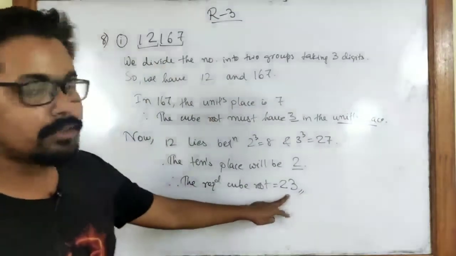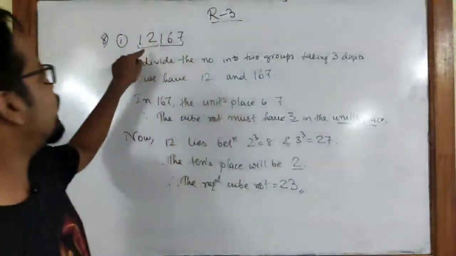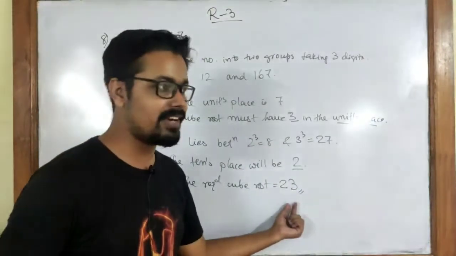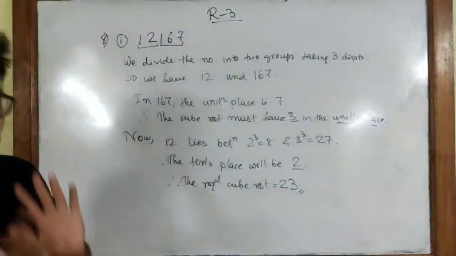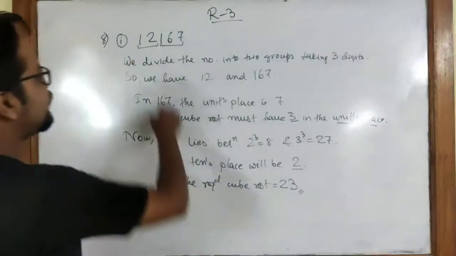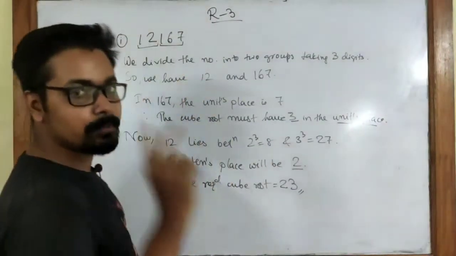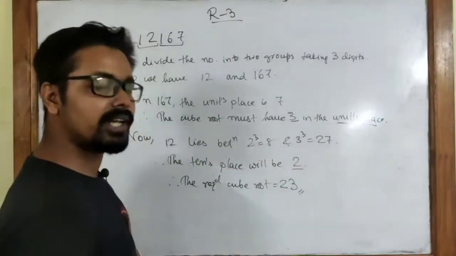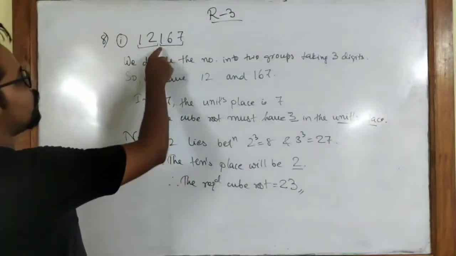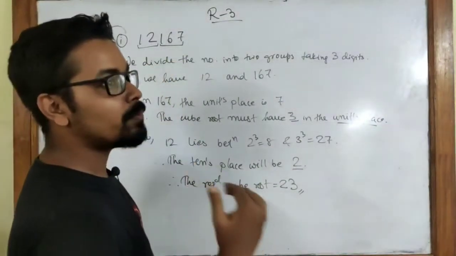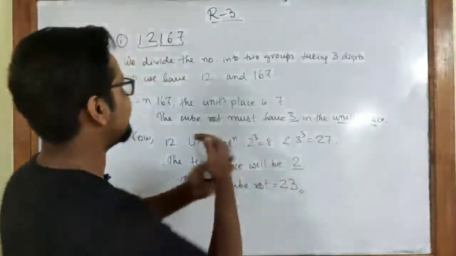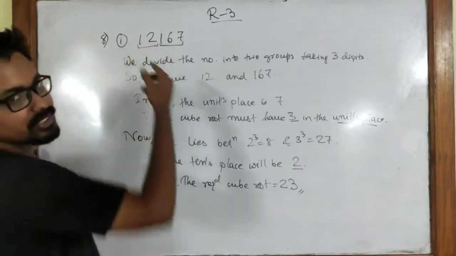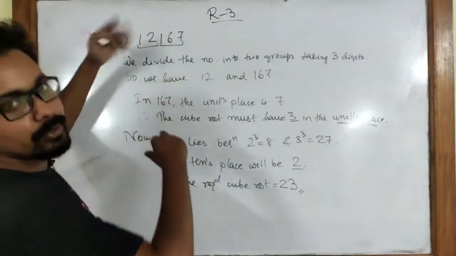Now if you find the cube of 23, you will get 12167. You can try it at home. So let me recap this. We take the number, we split the whole number into 2 or multiple groups. The numbers that you have will have only 2 groups. We start making the groups by counting 3 digits from the right side. From the right we take 3, then again we take 3. Since we don't have 3, we take 2, whatever number is remaining.